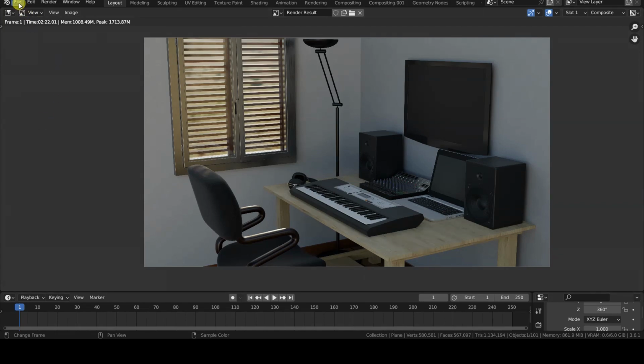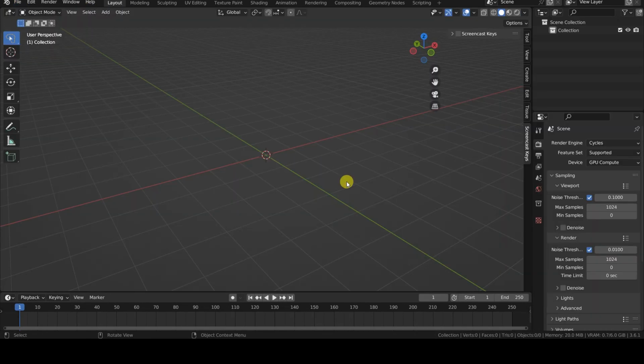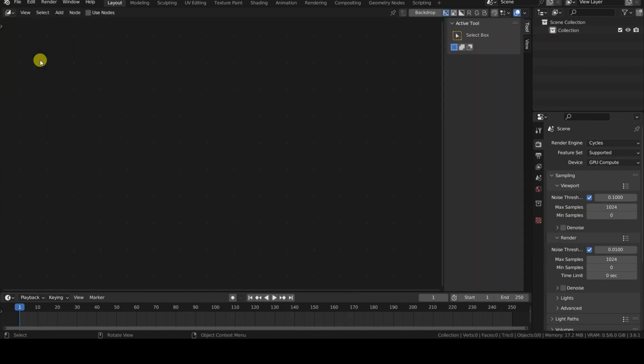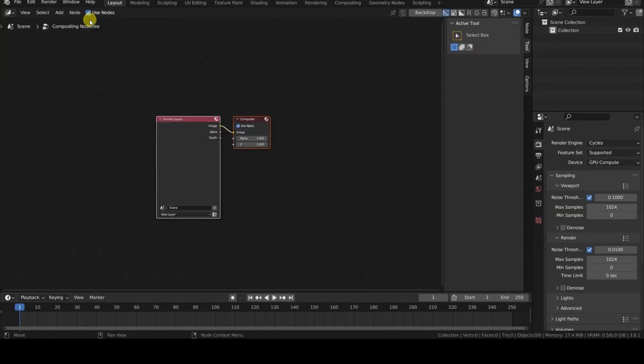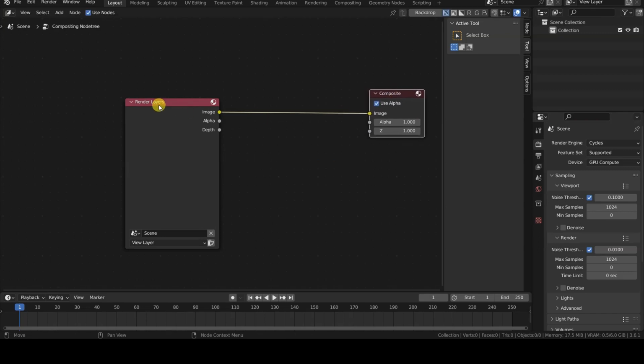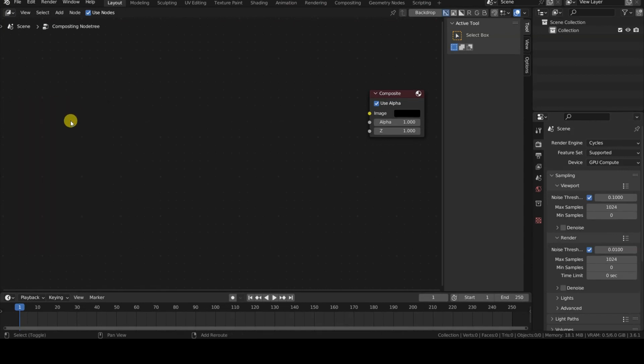Let's then open a new Blender project to see how to modify the appearance of an element from the render saved in the EXR file. First, let's open a Compositing Nodes window and activate the use of nodes. Let's delete the Render Layer node and add, in its place, an Input Image Type node.